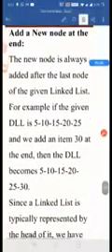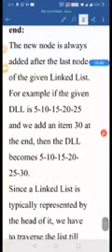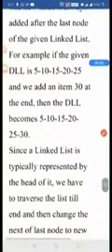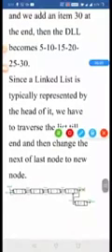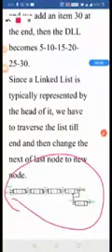Now suppose we want to add a new node at the end. For example, we have 5, 10, 15, 20, 25, and if we want to add the item 30, it will be at the end where the null pointer is shown. So it becomes 5, 10, 15, 20, 25 and 30. We can see this example where A, B, C, D was the linked list, D was your last node, so it was given as null.